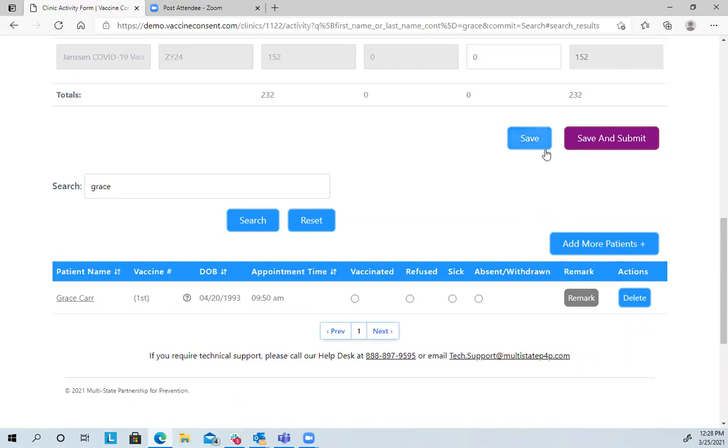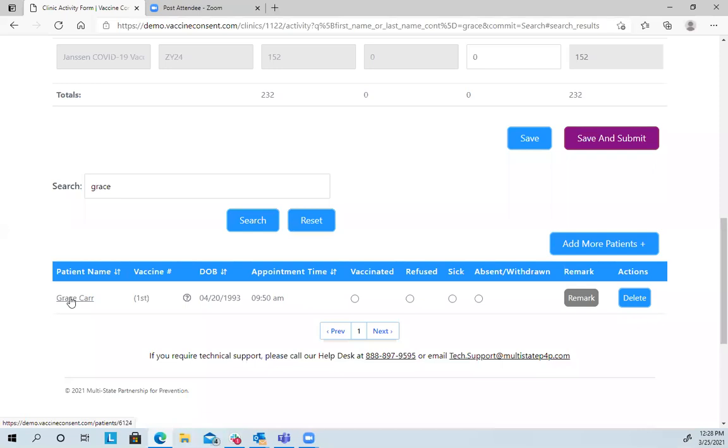Someone just asked what that save button means again. I just want to remind you. What save means is, of course, saving it back to the system, but it also sends a vaccination record to everyone who's already been vaccinated. And I'll talk about what might be a case where you don't want to go ahead and send that over to the IIS yet, because if Grace Carr comes and I'm vaccinating her and she mentions, when I put my birth date in, it was wrong, you're going to need to be able to go out and make an edit to that. And we'll talk about that in a little bit.